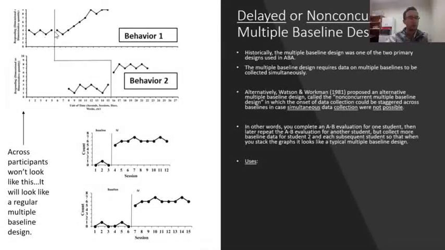Notice that there's 1, 2, 3, 4, 5 data points in baseline for behavior 1, and there's 1, 2, 3, 4, 5, 6, 7, 8 data points collected in baseline for behavior 2. That's critical for a demonstration of experimental control in the delayed or non-concurrent multiple baseline design. You have to collect more data across more sessions in baseline for each subsequent baseline, so that you can demonstrate that when the independent variable is introduced,